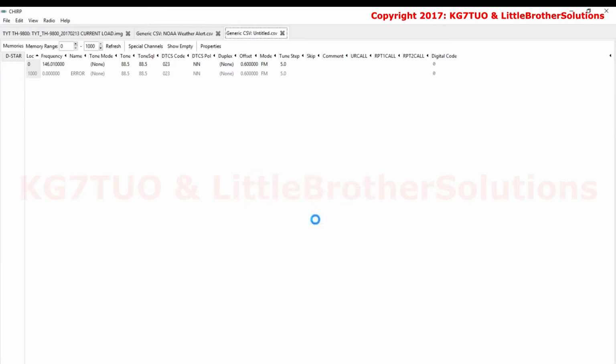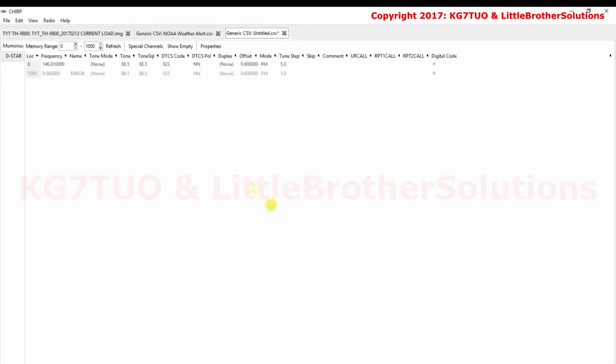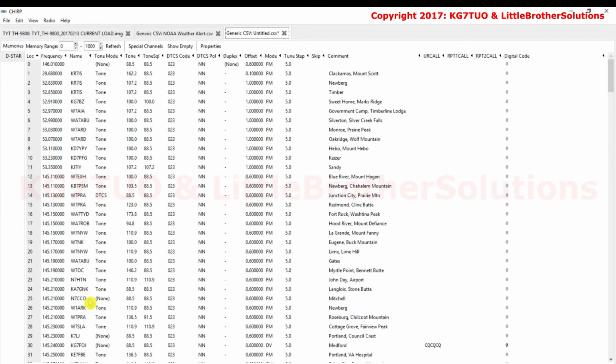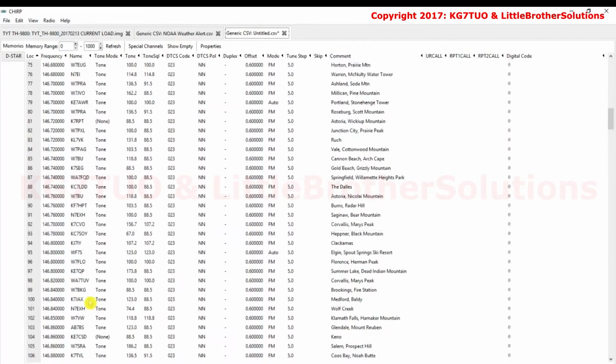You'll get a little message come up saying it's preparing it. This little pop-up, you can come through and make choices along this area here. You can tell it to start above or below the current point in your current file that's open. I'm just going to leave it the way it is. Come over here, click OK, and it will populate the entire state of Oregon, every repeater that there is for all the bands.